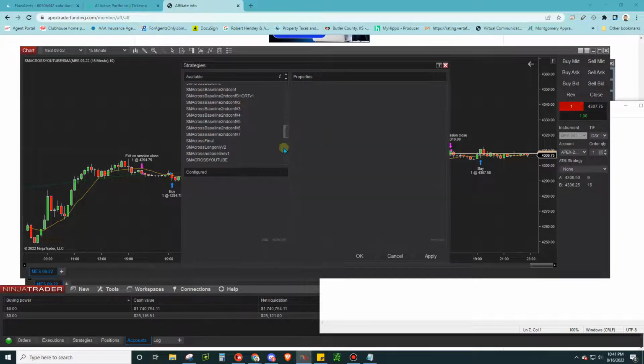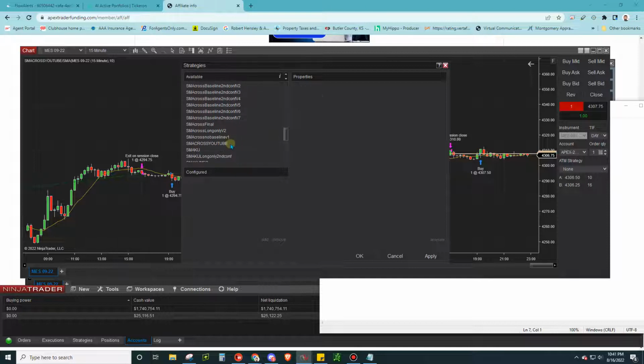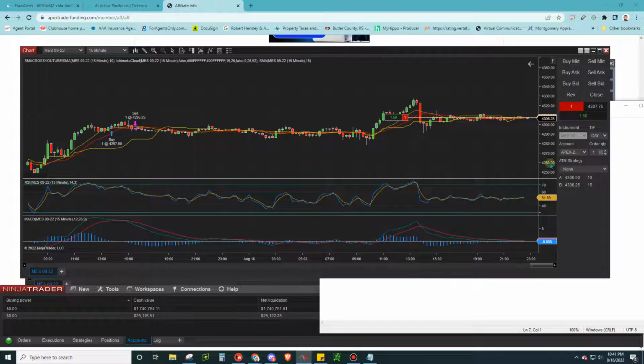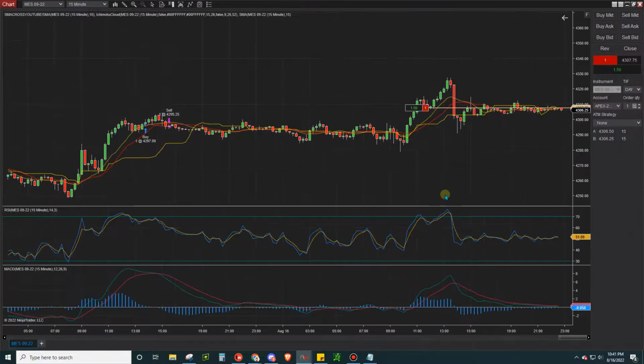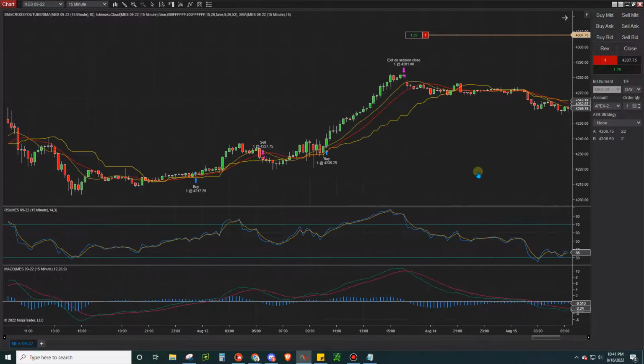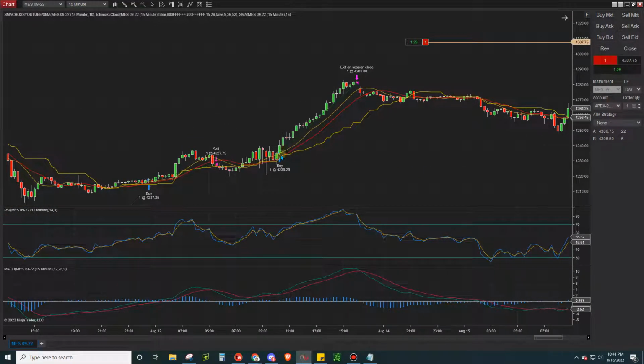All right, so let's go remove that because we updated it. So we're going to go back, add it back in there. Okay, make sure to hit enable, apply. Okay, so now we have our conditions all in there, and we're just going to kind of see how this is looking here. Sometimes it doesn't look that great, but okay, so see, we got a buy here. We had price above the 10. It was also above the, it doesn't really matter, just this red line is going to be our exit